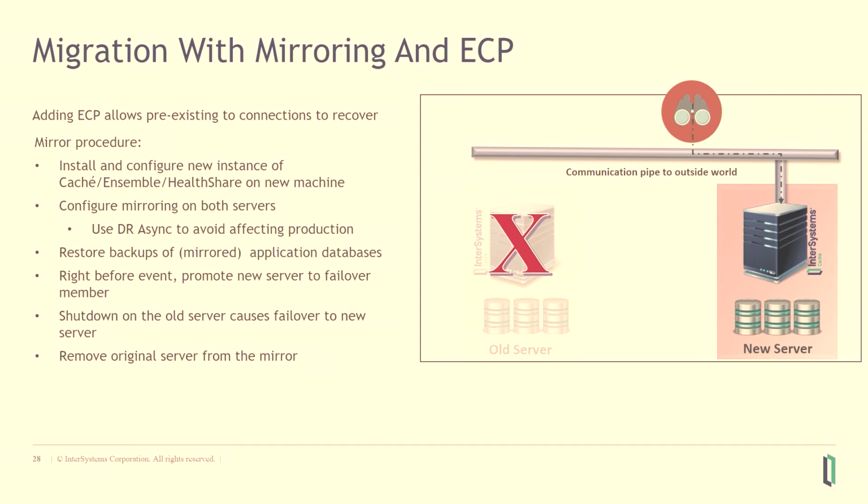With ECP, you don't need a virtual IP? Well, as long as all your users are connecting to application servers, you don't need a virtual IP. Because ECP, even if you have a virtual IP, isn't using it. Because it just knows what all the regular IPs of the mirror members are. So it just goes to the right one. Right, yeah. I mean, the app server would try to connect to the old one, realize it was down, and just connect to the new one. And the way that it's built in, it allows it to recover its connection without losing anything, as long as the failover is relatively quick, which it is.